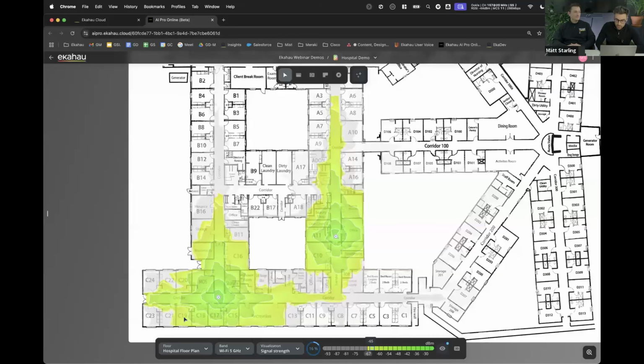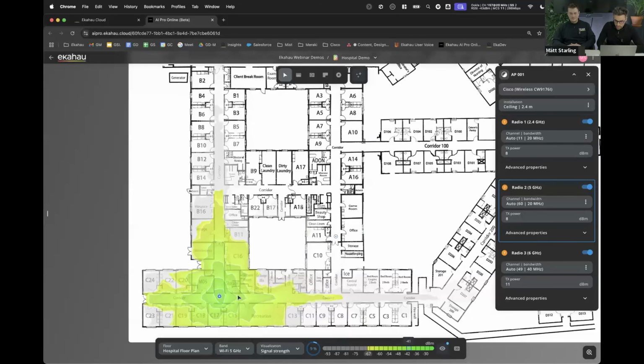So let's say, for example, we've got a client device in room C19 down here. And let's say that this client device is associated to this access point. As the client device walks out of the room, goes down the corridor, obviously it's associated to this access point. So if I just turn on this AP for now, as I walk down here, the current connectivity for the client device is pretty good. So all the way down the corridor to this point, it's at a signal threshold which would still be deemed as good coverage for the client device.